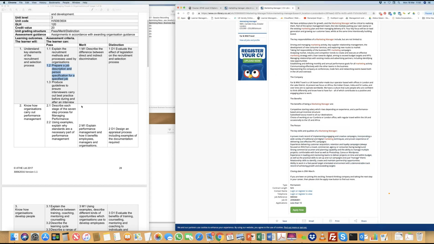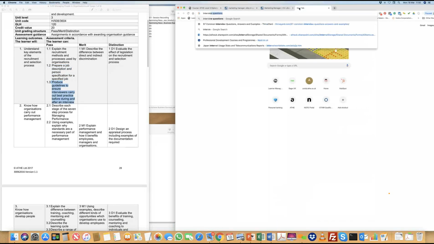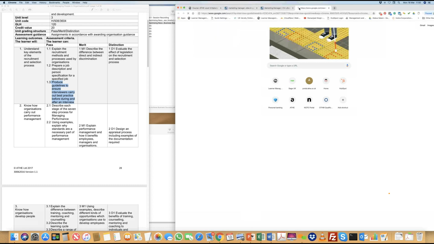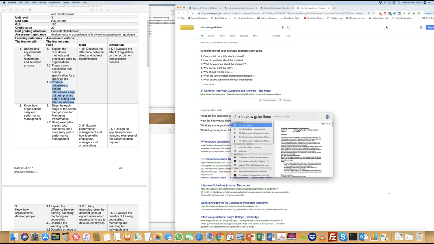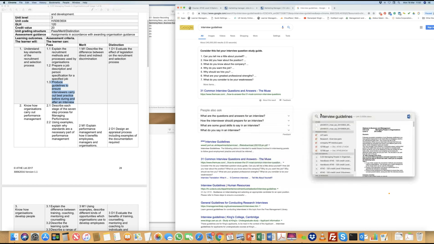And then when you look at guideline 1.3, it basically talks about the guidelines which interviewers look at. So for interview guidelines, there's a guide which I'll upload. Sometimes when companies allow candidates to come in for interviews, they also give out something called interview guidelines. These guidelines say, okay, directions to the office, we have disabled access, when you come in, please register at the reception,